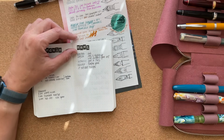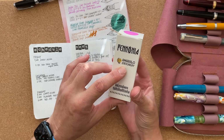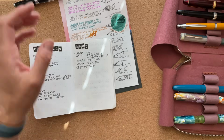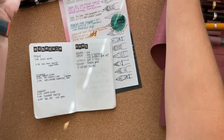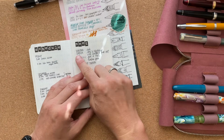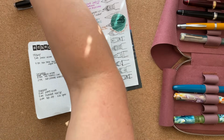So I swapped inks with Karina. I was able to get Pannonia, Amarillo Stationery, Rosa Mexicana. I was pining after that ink for quite a while. I showed you the swatch already, but I'm showing it to you again. I gave her my bottle of Ferris Wheel Press buttered popcorn. I met up with Galen from Fountain Pendulum,